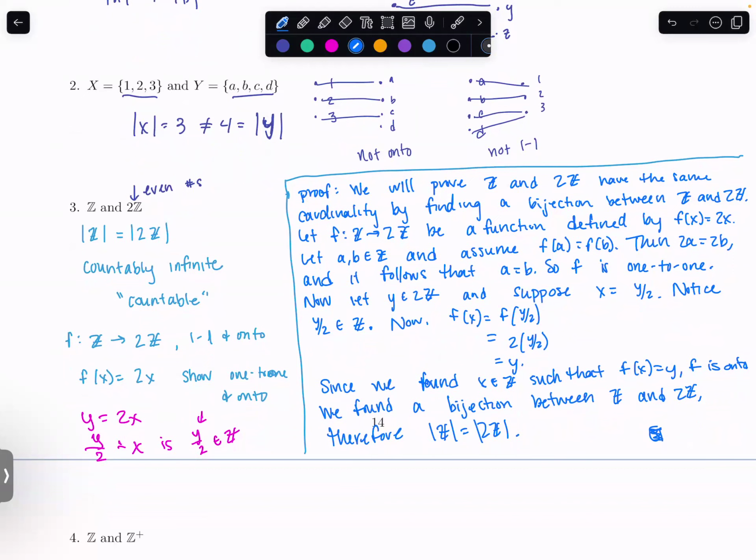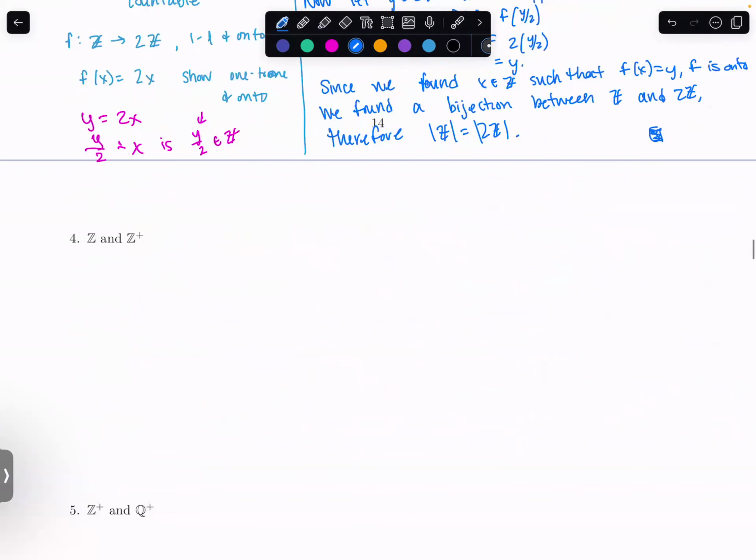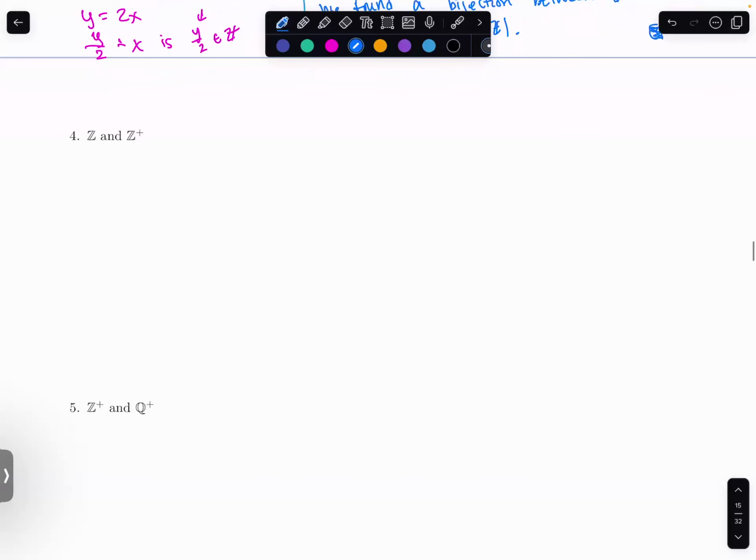I think on your homework, you'll get to do this with the odd integers and even integers maybe. But it's kind of a fun exercise to come up with a function and make sure your function actually works, and challenging but fun. So now we're going to do the integers and the positive integers, which is also weird,